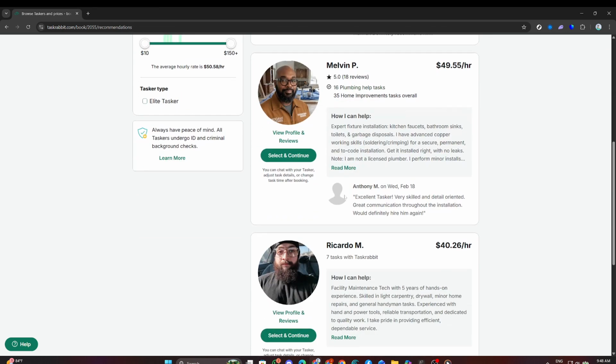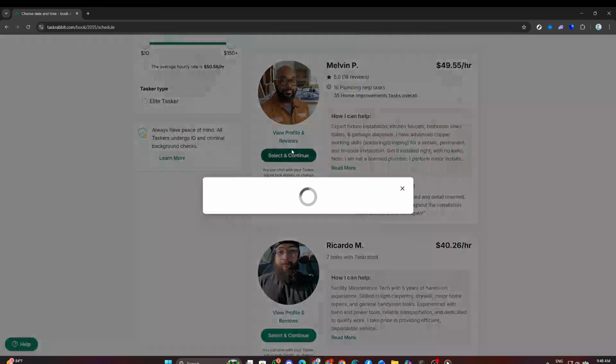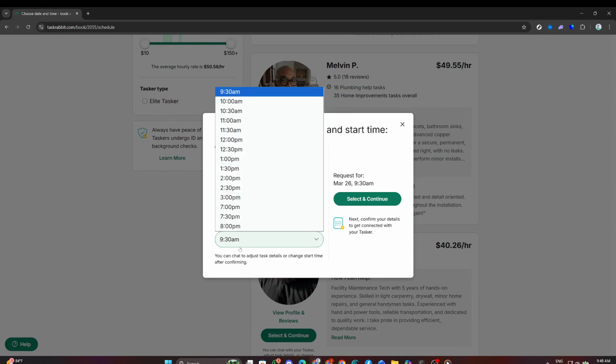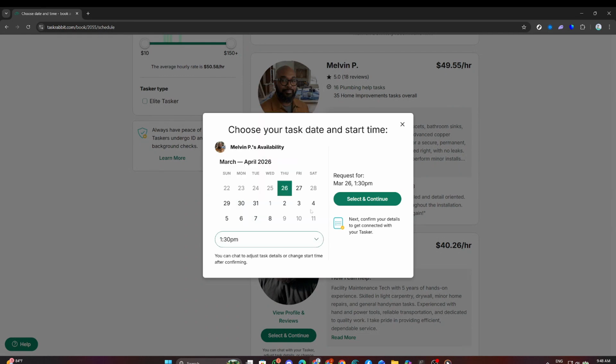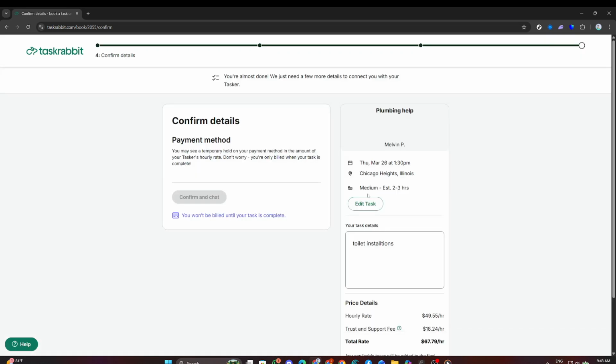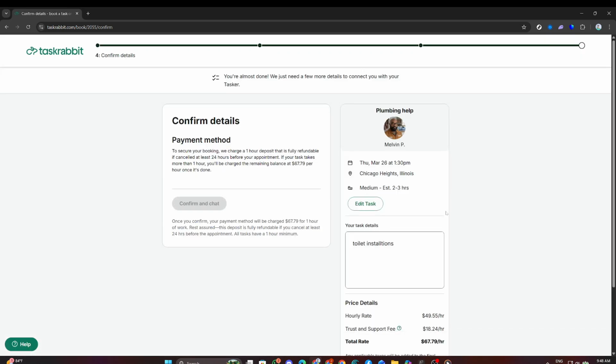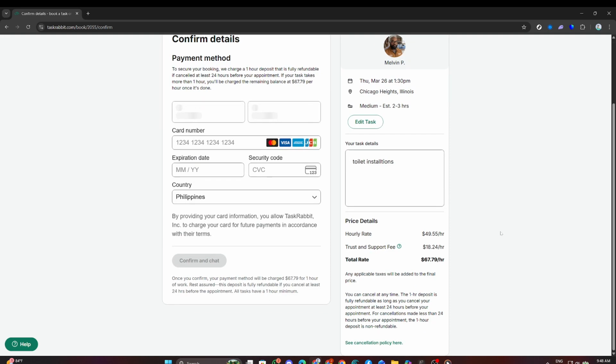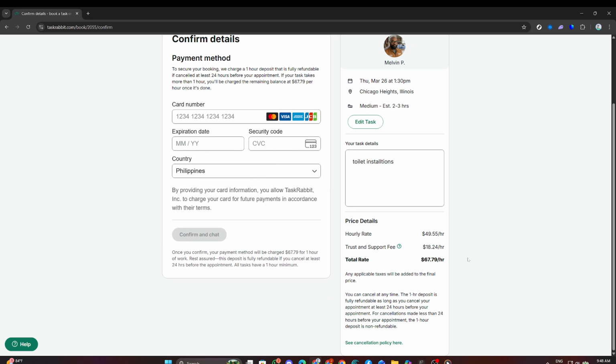Once you've selected a tasker, proceed to schedule the appointment. Choose a date and time that works best for you, keeping in mind your availability and the urgency of the plumbing issue. Finally, it's important to note that payment will only be processed after the job is complete. This ensures that you are satisfied with the work done before any charges are applied. Remember to confirm all details before finalizing your booking to avoid any